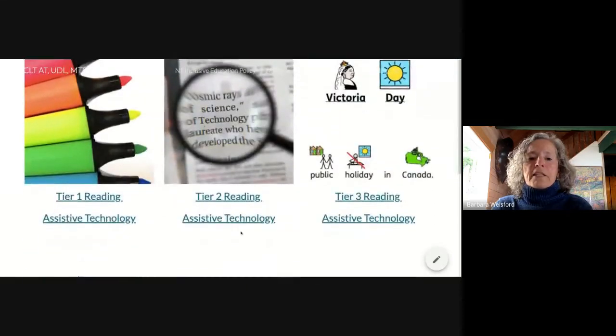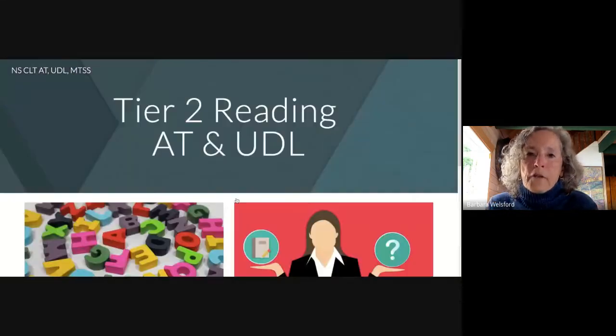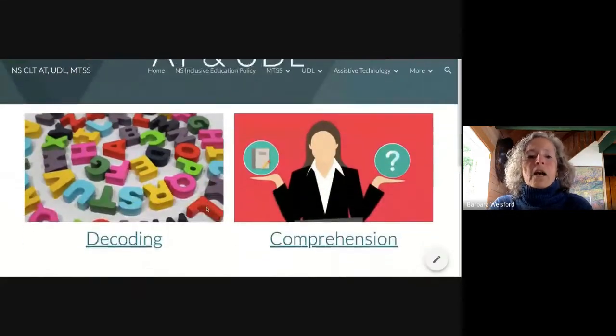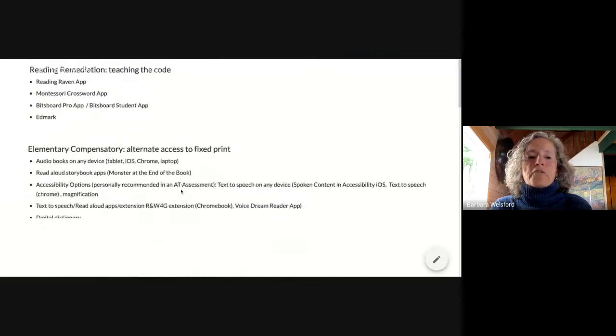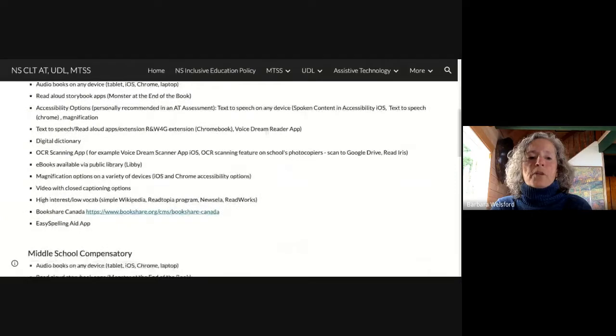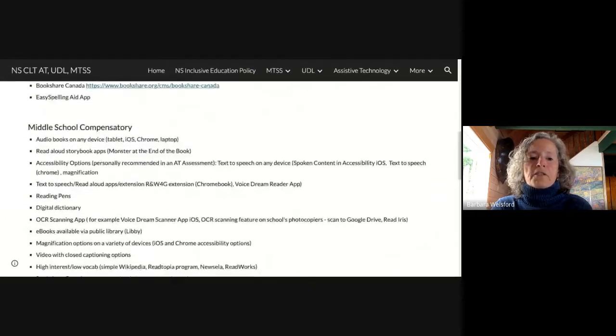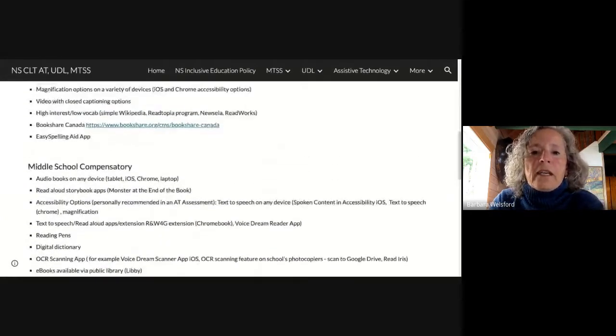But you'll see tier 2 gets more involved, more focused assistive technology recommendations, and this one's broken into elementary and middle school. Okay, and